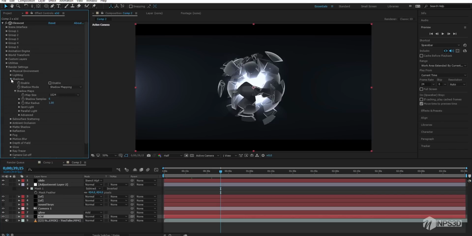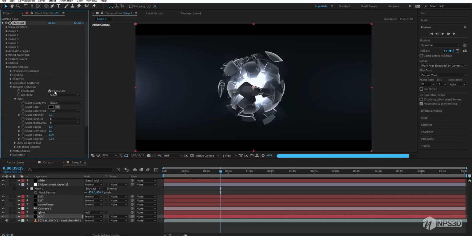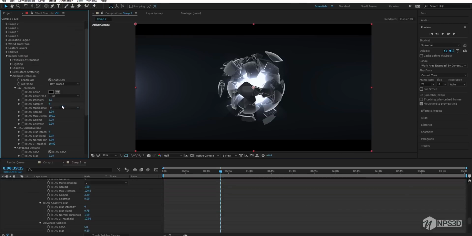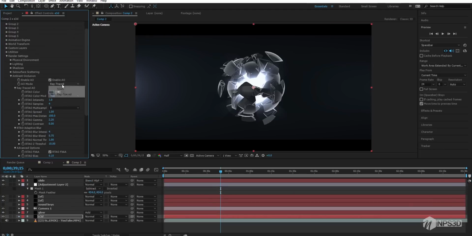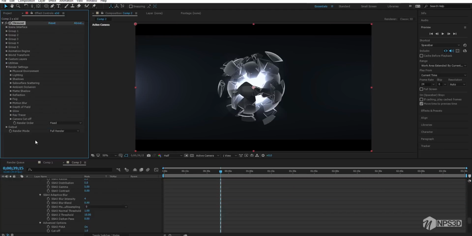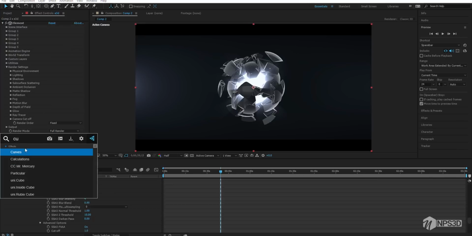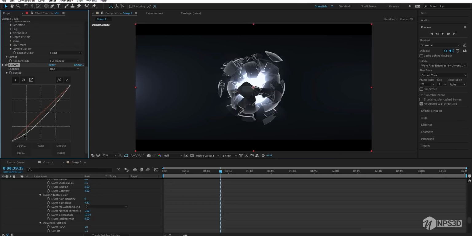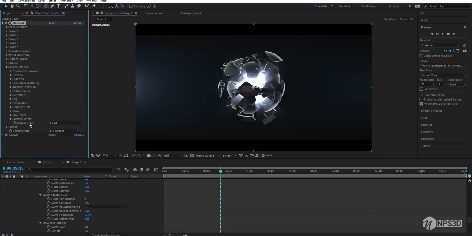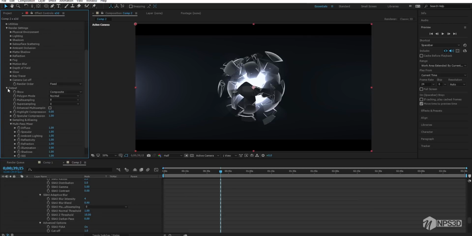So this looks good, and we can also go with Element 3D and go to the render setting and ambient occlusion, and we can also enable some ambient occlusion, right? We can choose to the ray trace also, and we can also apply a curves effect here to manage things. Alright, so all good. And when you are going to render, make sure you go to the output section, enhance multi-sampling enable